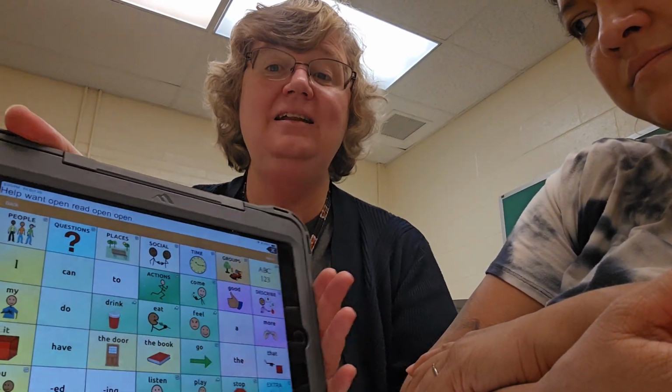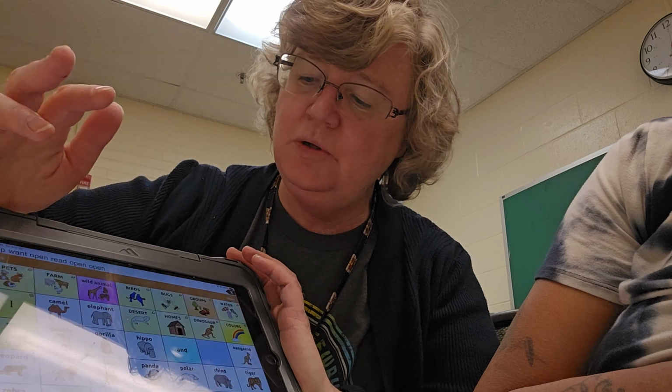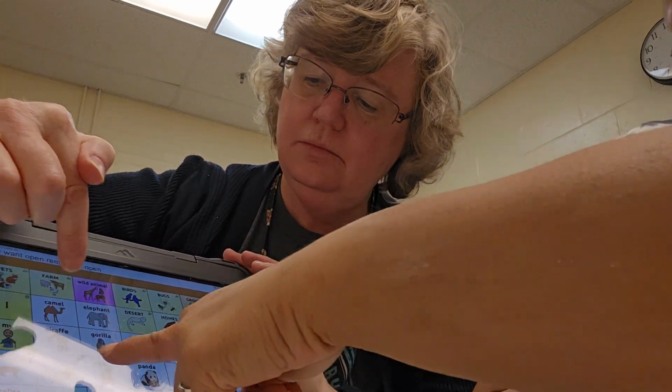Now with the EVT, which I know is not the test that you're discussing, but it's the one word vocabulary test that we're talking about. I have been known to give this test to a student with a device. You can't report a score for that because it's not normed for students with devices. If you have a student with a device and the word is lion, and the kid knows how to get there, you go to groups, you go to wild animals, and then you go to lion.